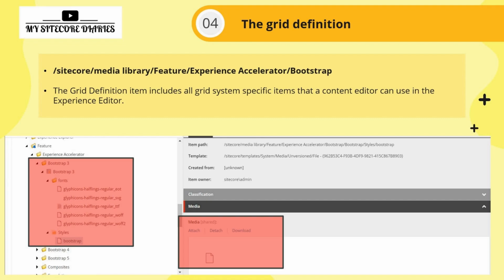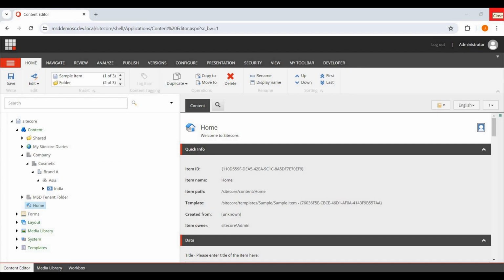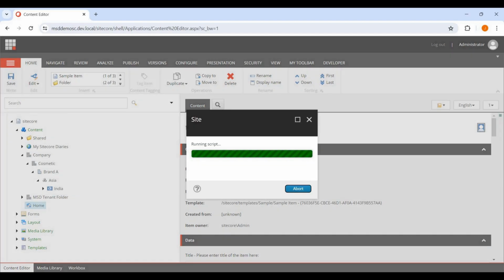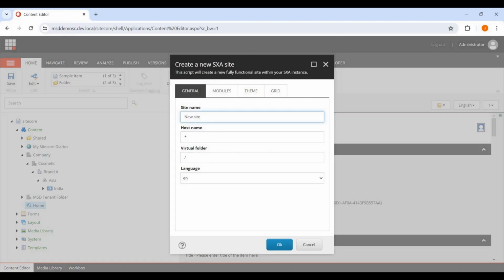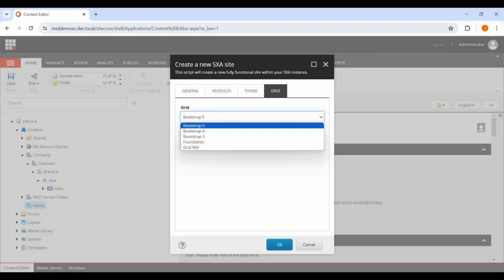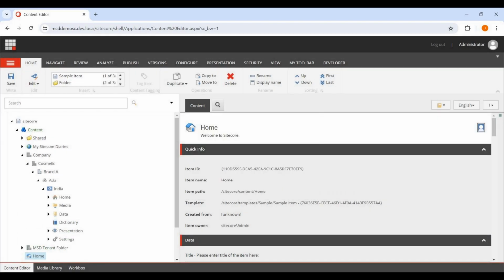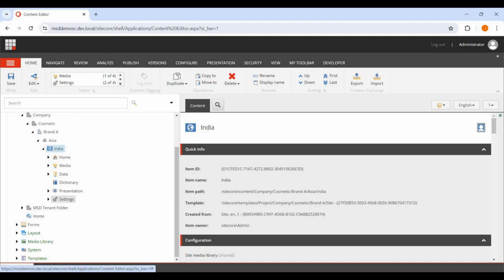Let's see in our website how it looks, and how we can use the grid system, or where we can change the configuration of the grid system. I have logged in to Sitecore. You can set up a grid once when you create a site. So I'm just adding a site folder. When you add a site, you will get a grid system option here, and you can select which grid system you want to use. If you want to change that grid system after creation of a site, you have to go to the site Settings folder,